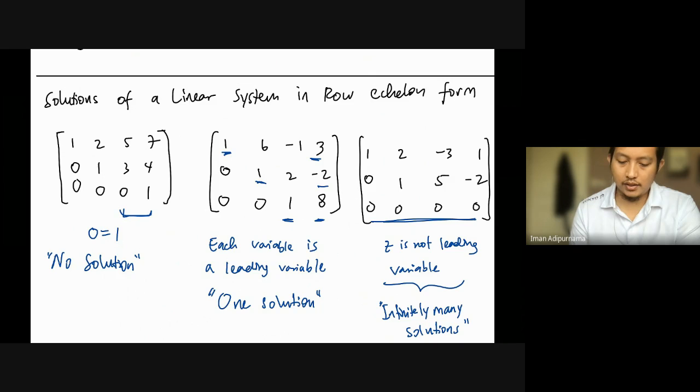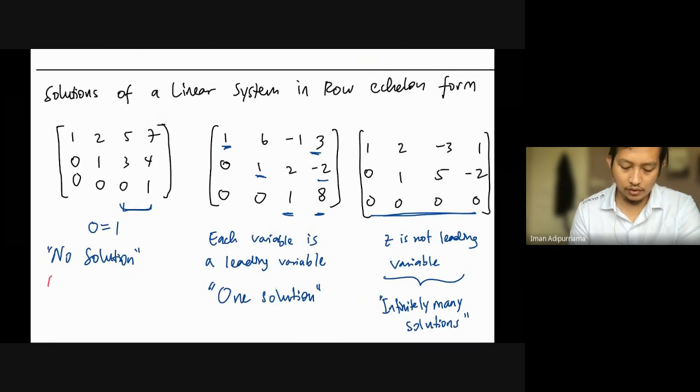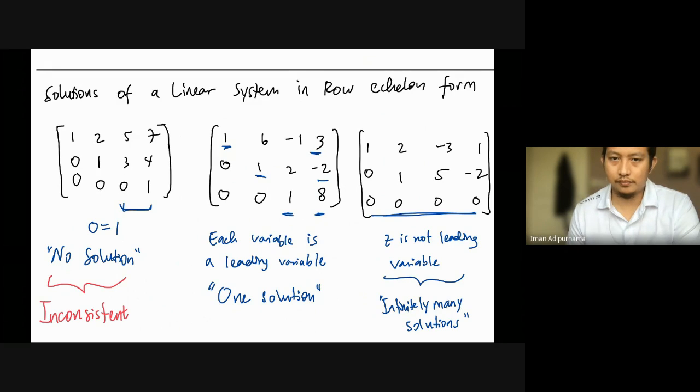Okay. A system with no solutions, we call inconsistent. And a system with infinitely many solutions we usually call dependent,